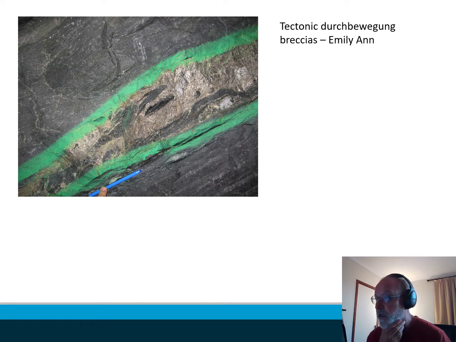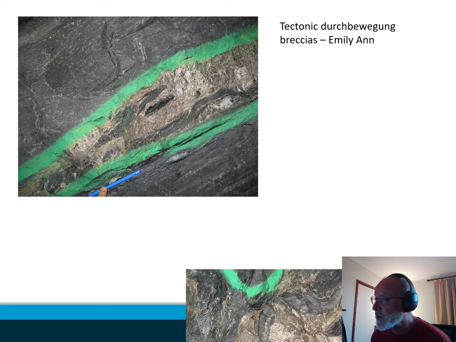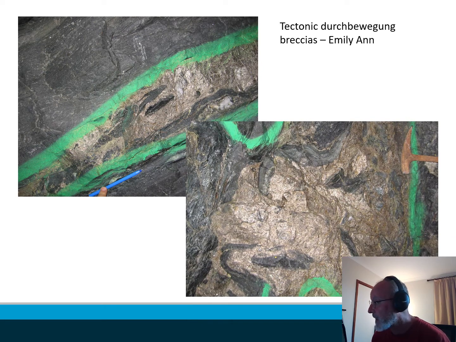These are actually dacite schists, or dacite gneisses almost, and these are fragments of that country rock caught up within the sulfide. Everything's massively foliated. The sulfides themselves are foliated. The clasts are folded and scrunched, as you can see here. So there's really no doubt this is a highly deformed rock, and what you're looking at here is a tectonic